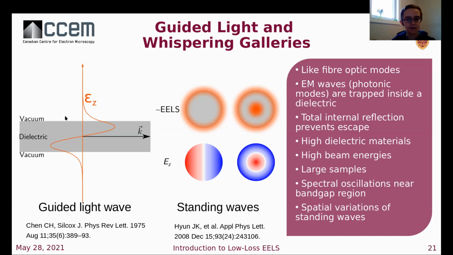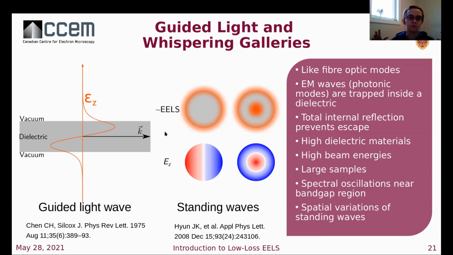The light wave may be guided if the sample has a high refractive index, through total internal reflection off the edges of the sample. These guided light modes occur when we have high refractive index or high energy electrons, similar to Cherenkov, and for relatively thick samples that can support a confined guided photonic mode. This may be seen as a series of peaks in the bandgap region of your spectrum. So that's one marker to look out for.